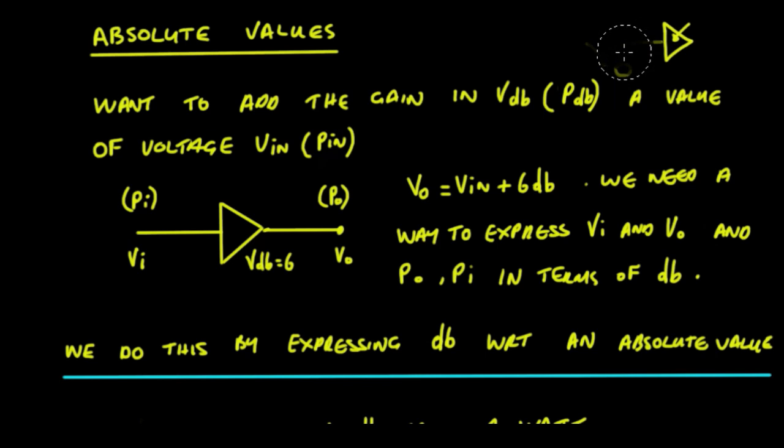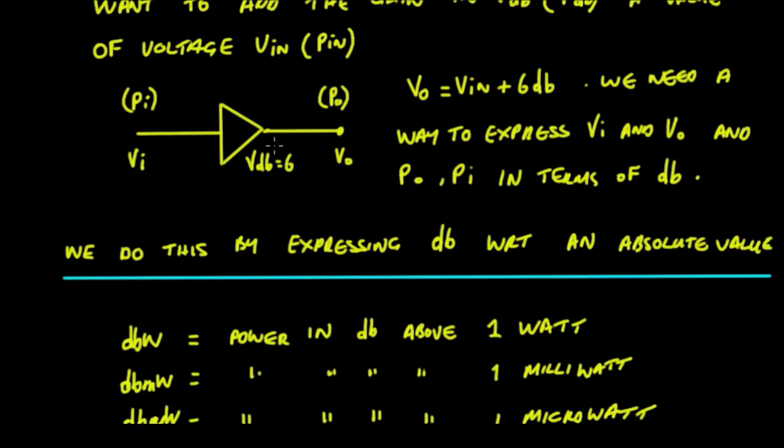Everything's just done as simple additions. But in order to do that, we need to be able to define a voltage, or say a current, in terms of dBs. So what we do here is, as in the example I've shown, we want to take